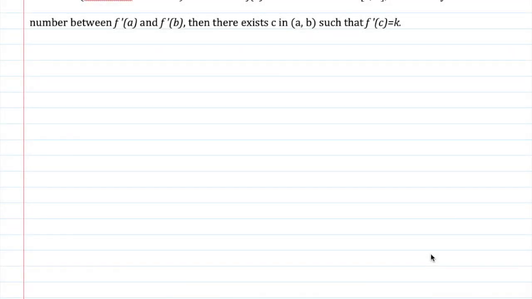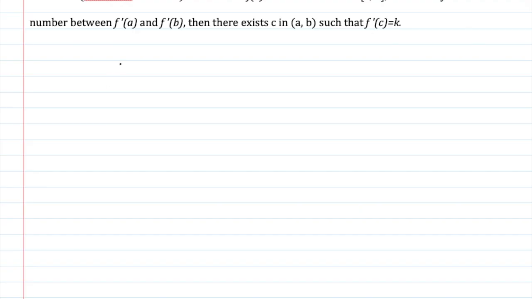In this lecture, we shall state and prove Darboux's theorem. Darboux's theorem, as stated here, says that if there is a differentiable function defined on a closed interval [a, b], and k is any real number that lies between f'(a) and f'(b), then there is at least one real number c in the open interval (a, b) such that f'(c) is equal